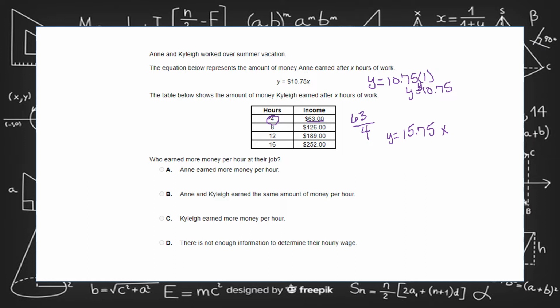So let's see who earns more. So Anne earned more money, they earned the same amount of money, or Kylie earned more money per hour. So per hour,